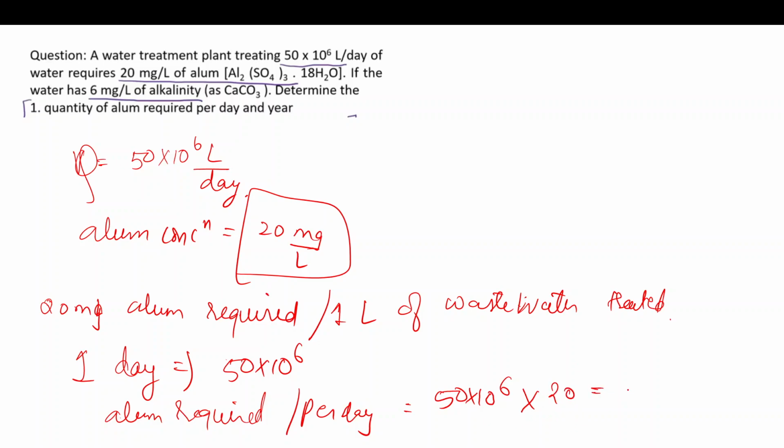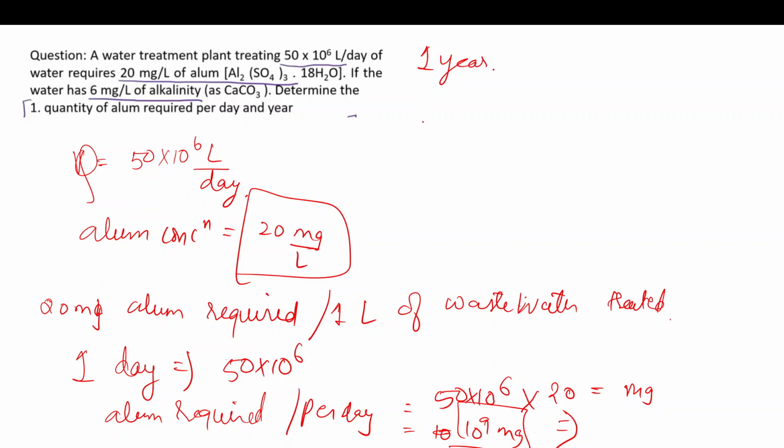So that will be in milligrams. So 5 twos are 10, 10 into 10 to the power 8, which means it is 10 to the power 9 milligrams, right? So you can convert it into kg, right? By dividing it by, maybe, you require 1000 kg, and for 1 year